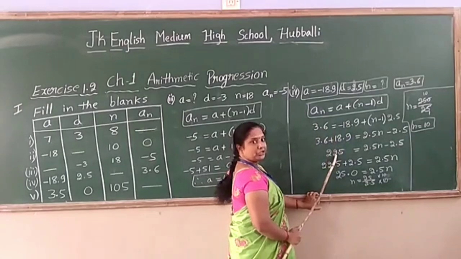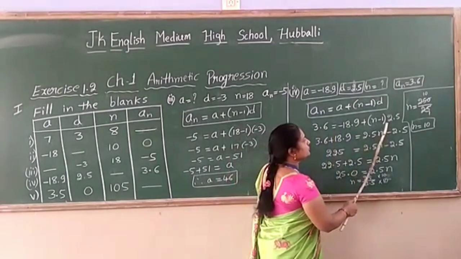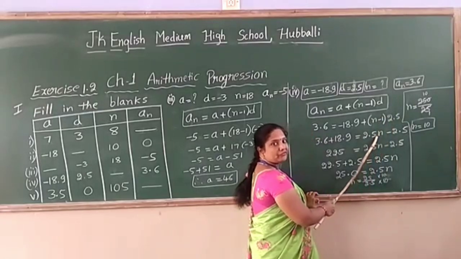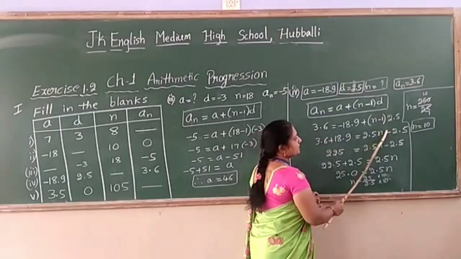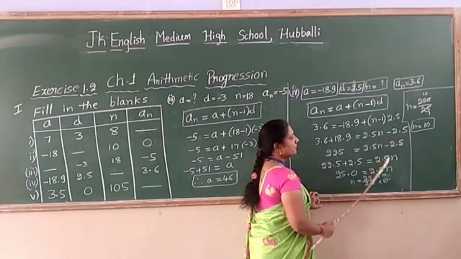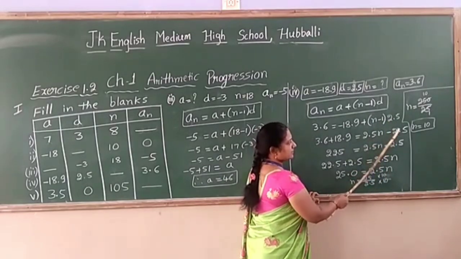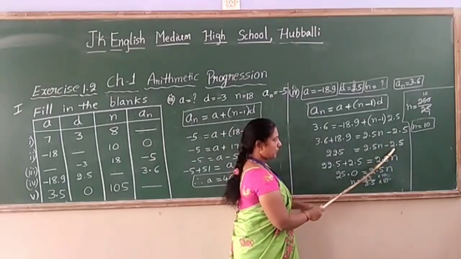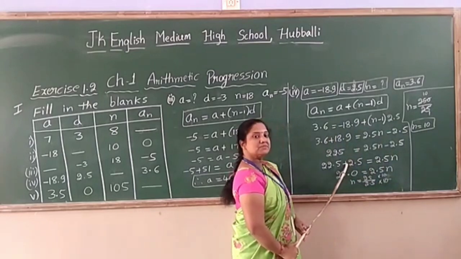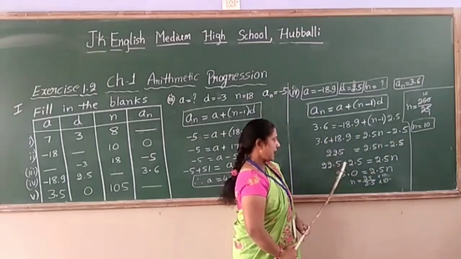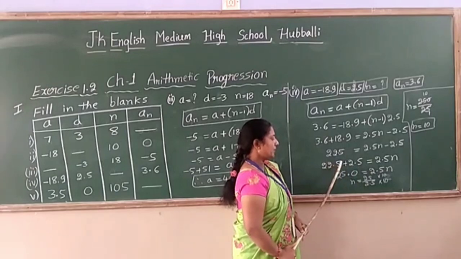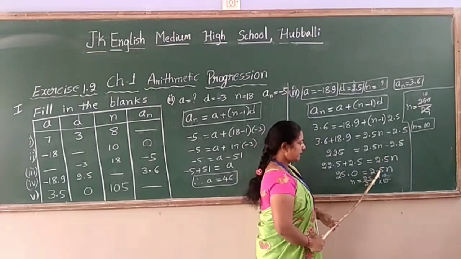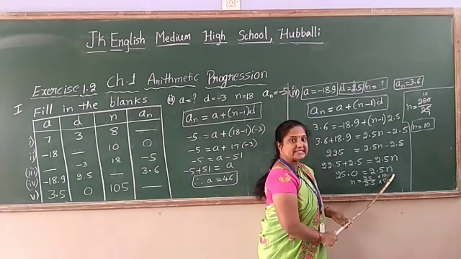Then after adding 22.5, here you simplify, multiplying with 2.5. n into 2.5 is 2.5n, and minus into plus, minus into 2.5. So your variable is there, and the numbers, all numbers, we have to take to one side. This minus 2.5 we have to take to this side. It becomes plus 2.5. Then add these two: 22.5 plus 2.5 is 25. And on this side 2.5n is there.